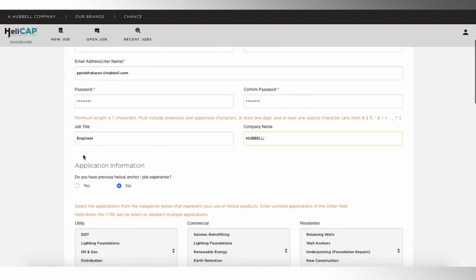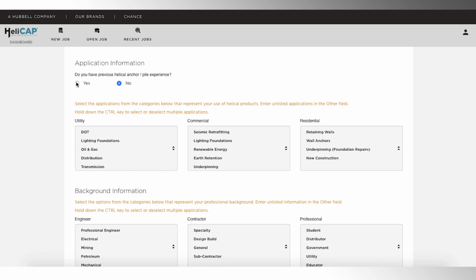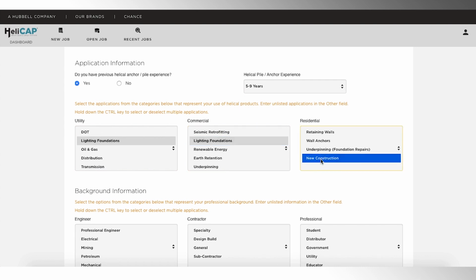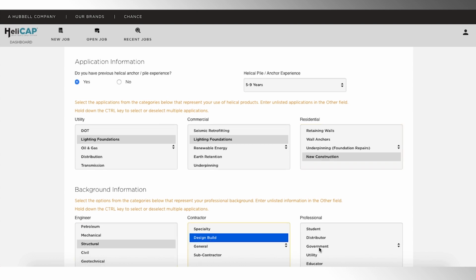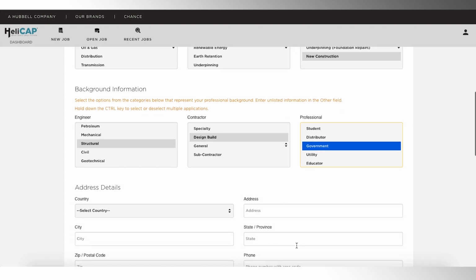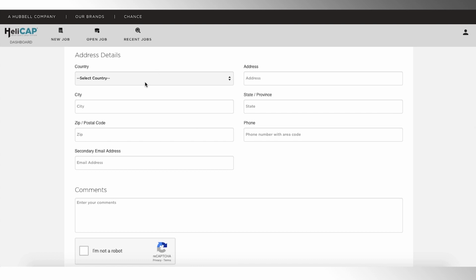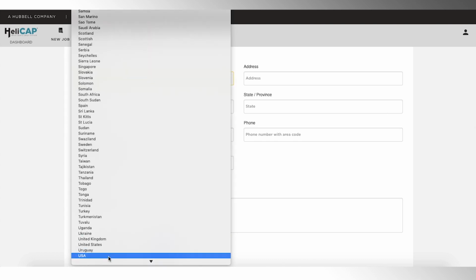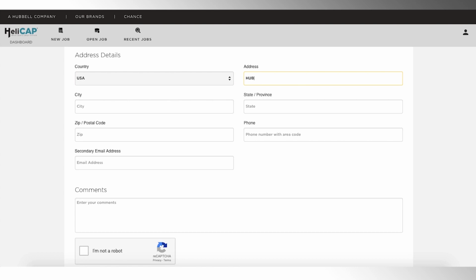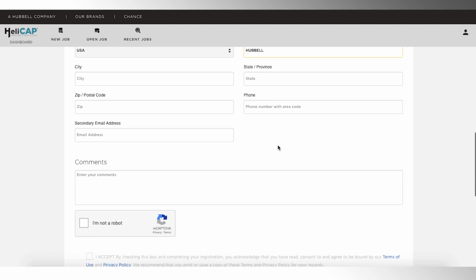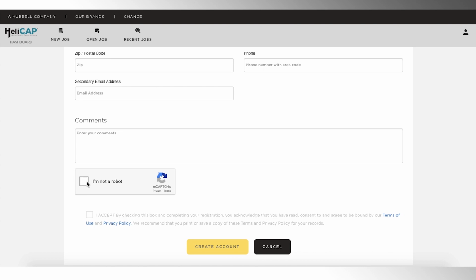Now, as you scroll towards the bottom, there are certain non-mandatory or optional fields that you may or may not select. This is entirely up to you. However, in order to make sure that we get to know more about the customers that we are interacting with and who will be using our software, we have put in certain background information that we would like to get to know of. And as you scroll towards the bottom, you will have to enter the address details. These address details would be your company address or the place that you're working from. You need to enter your phone number, your zip code, your state or a province, as well as the address. Once you click on the create account button,